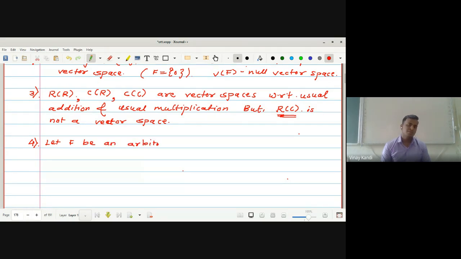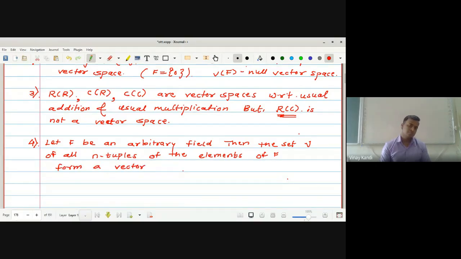Then the set V of all n tuples of the elements of the field F forms a vector space over the field capital F, where